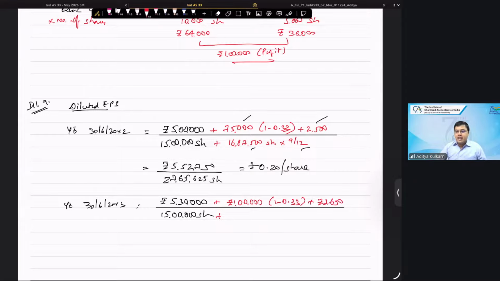This is the fair value movement which will no longer be there. And here you will consider 16,87,500 shares for the complete year. So when you consider this, it comes to